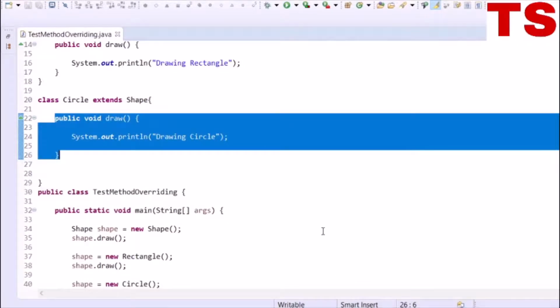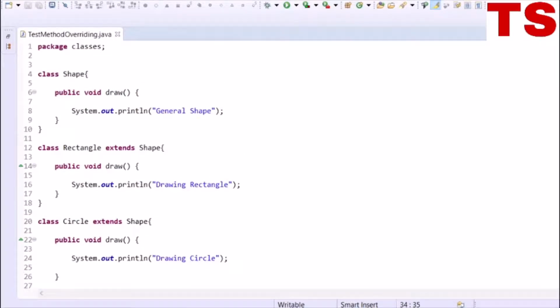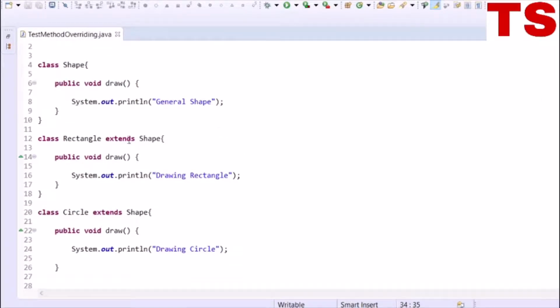Now let's look at the example of an overriding method. Here we have Rectangle and Circle. These are subclasses of the Shape class, and we are overriding the draw method of the Shape class.